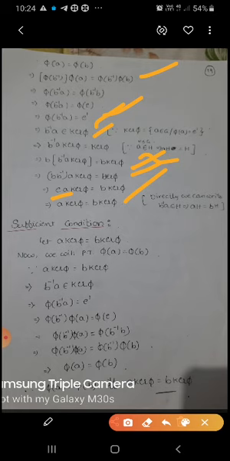Now we will prove the sufficient condition. Let A·kerφ = B·kerφ. Now we will prove that φ(A) = φ(B). Since A·kerφ = B·kerφ, we know that B⁻¹A belongs to kerφ, meaning AH = BH implies B⁻¹A belongs to H. So that implies φ(B⁻¹A) = E'.